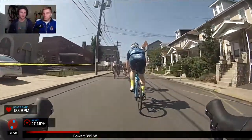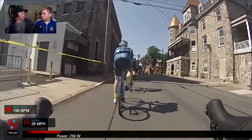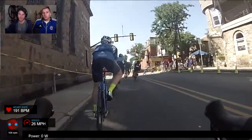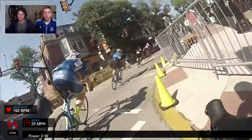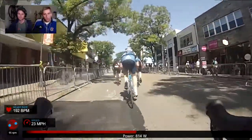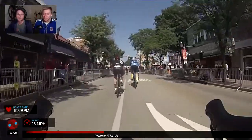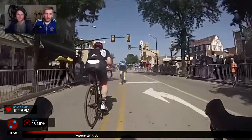Free lap. And that's if you get a flat, if you have a mechanical. Sometimes they'll be specific about what kind of mechanical it is. Usually it'll only be after you crash and you have a mechanical issue because your bike hit the floor. If you have a mechanical because you didn't really take care of your bike before the race, then they usually won't give you a free lap there. So